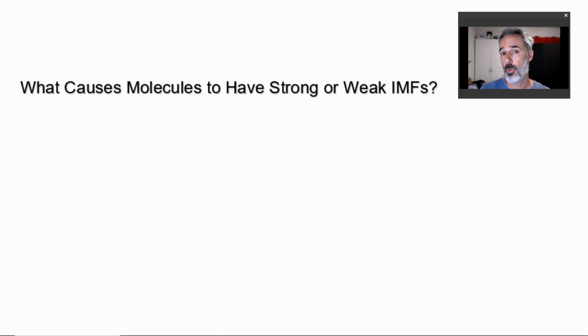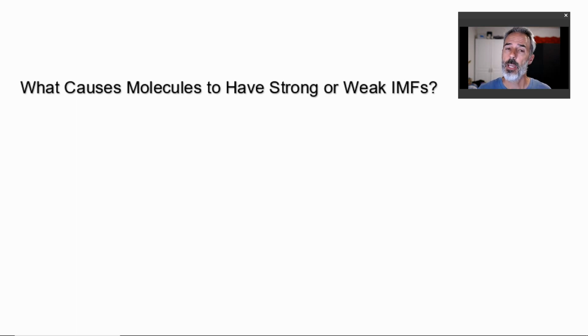In the last lesson, we learned about intermolecular forces and how, depending on how strong they are, they can affect surface tension, boiling point, melting point, and vapor pressure. In this lesson, we're going to start getting into how we can predict if those intermolecular forces will be strong or weak. In other words, when we're looking at molecules, what will cause them to have stronger intermolecular forces than